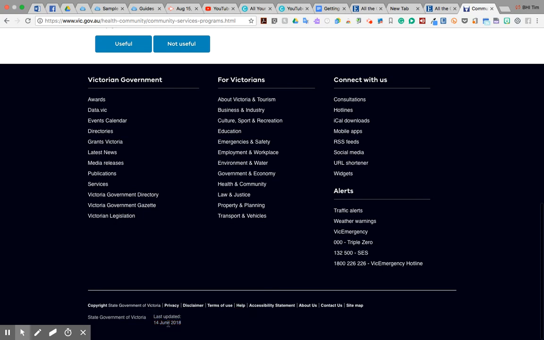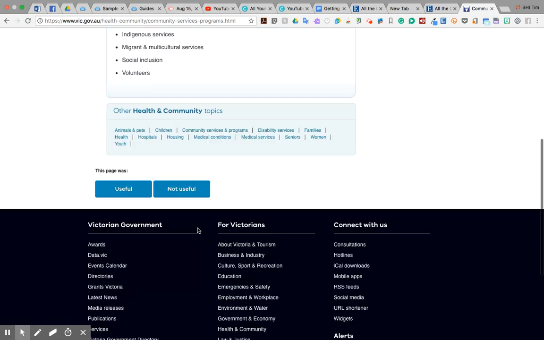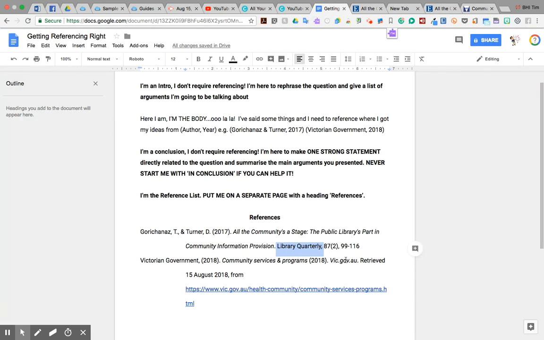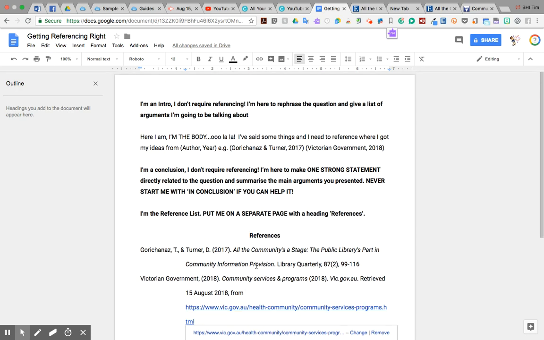Now, that's given a specific date because there was obviously an update of policy or something to that effect. But you can just put the year. That's sufficient, right? And the other thing with websites is obviously to put in the date that you retrieved it, because websites get updated quite often. And so therefore the information gets updated. And if the teacher has the date that you looked at it, they can understand that things might have changed. So those are just some quick tips for referencing for APA.